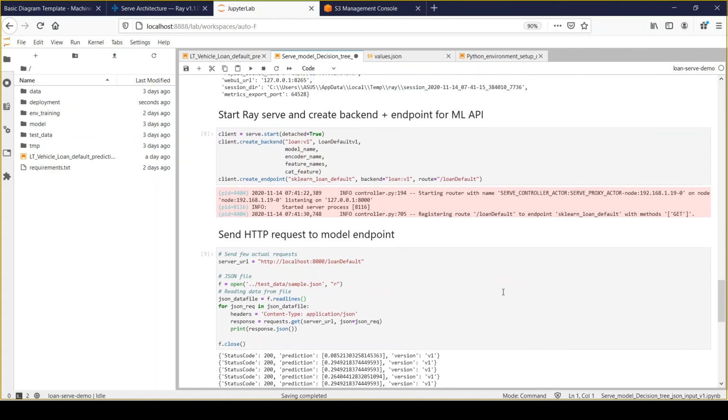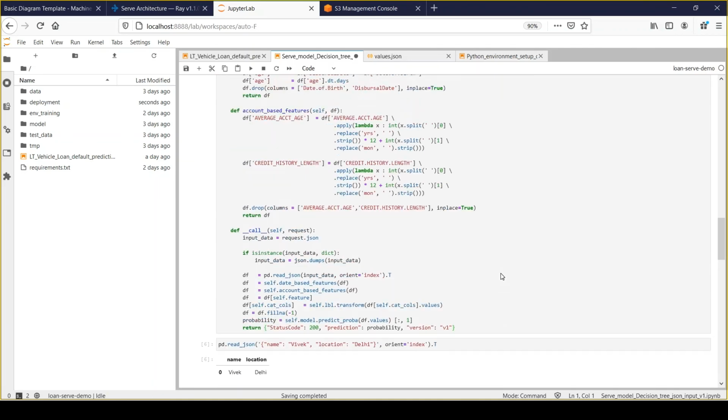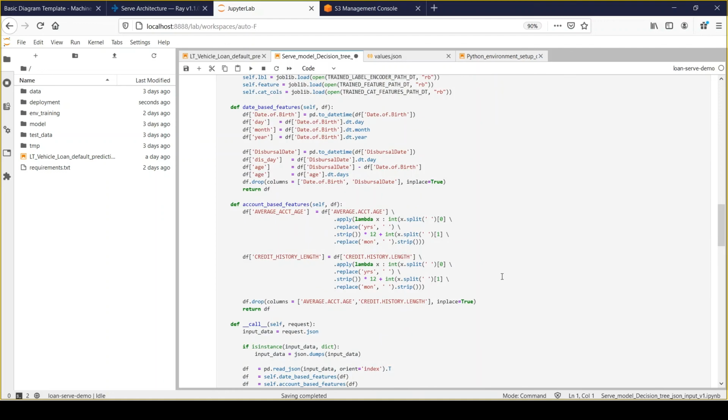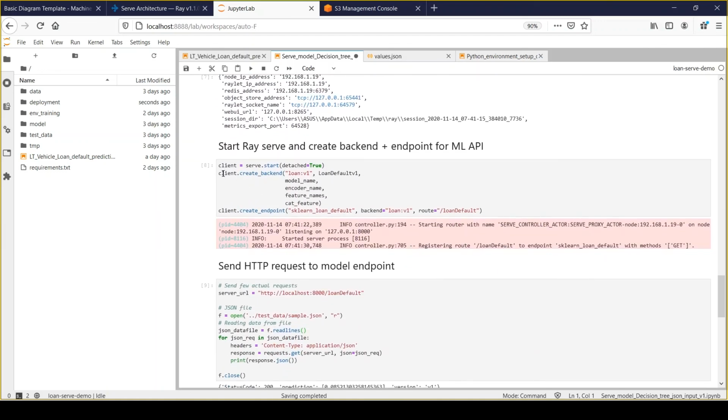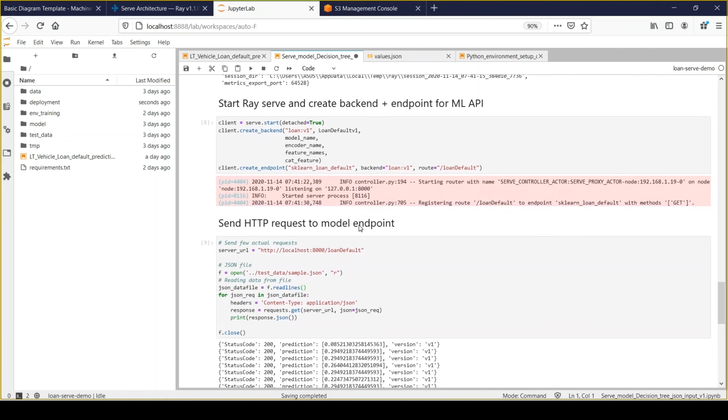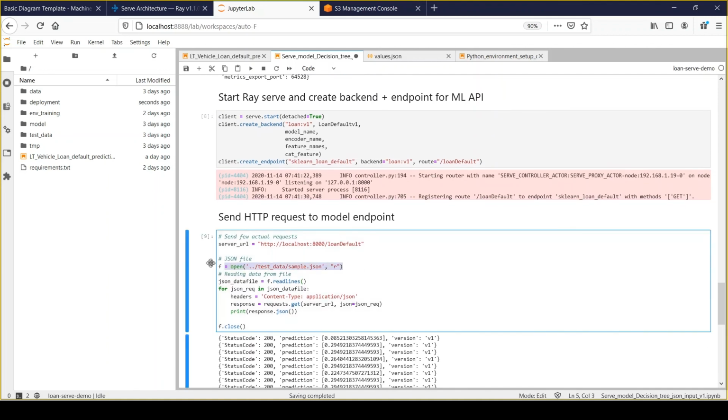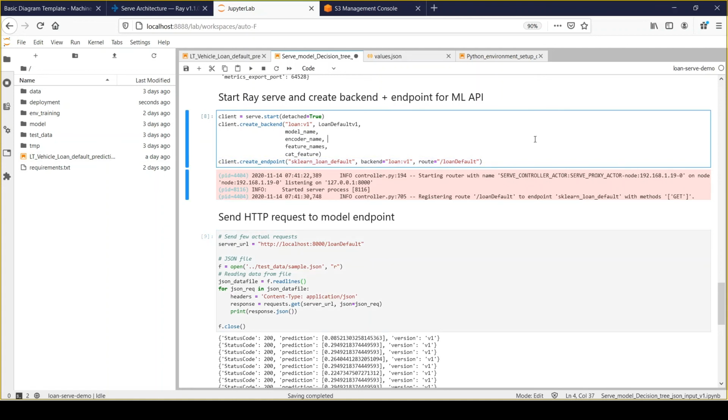So in this manner we can create an ML API and deploy it in the Ray Serve instance. We can create the backend and the endpoint with the help of the Ray Serve API, and we can use any script for sending multiple requests to my serve instance ML API.